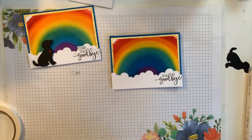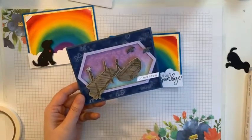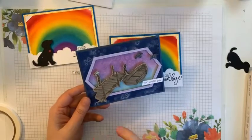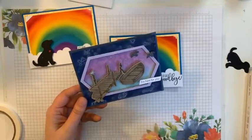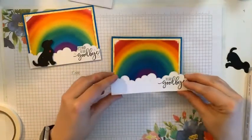But her card design was great, so it was an easy jumping point, but it was this one here. So we used those wide water painters to do that scene there, and then we did some salt rock techniques and stamped in it as well, but it was lots of fun. Okay, so this goes on with dimensionals,